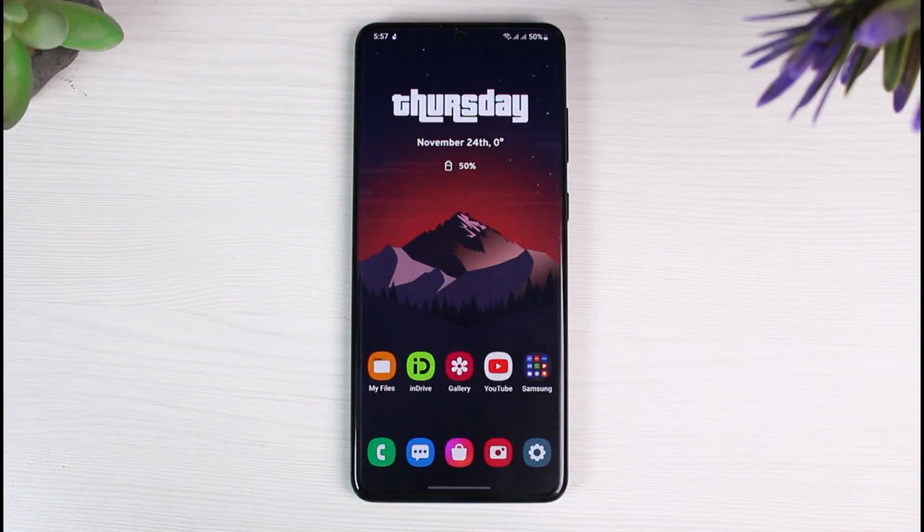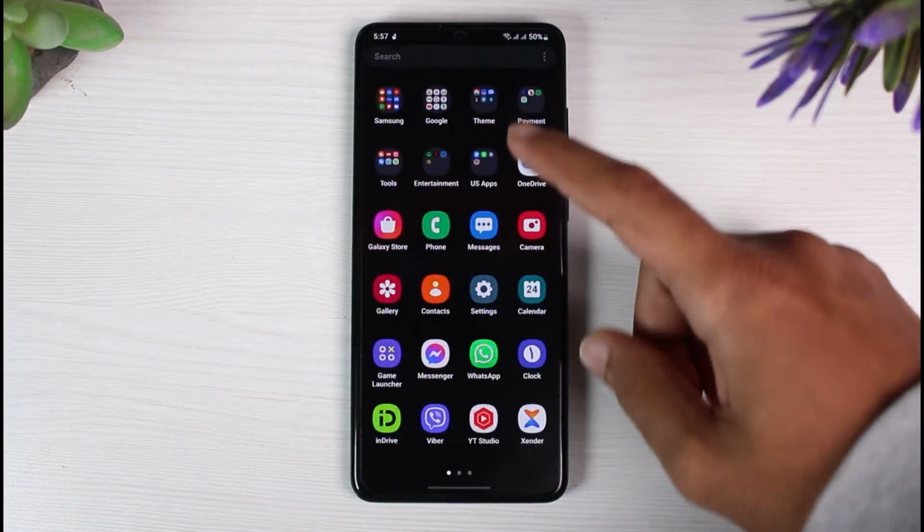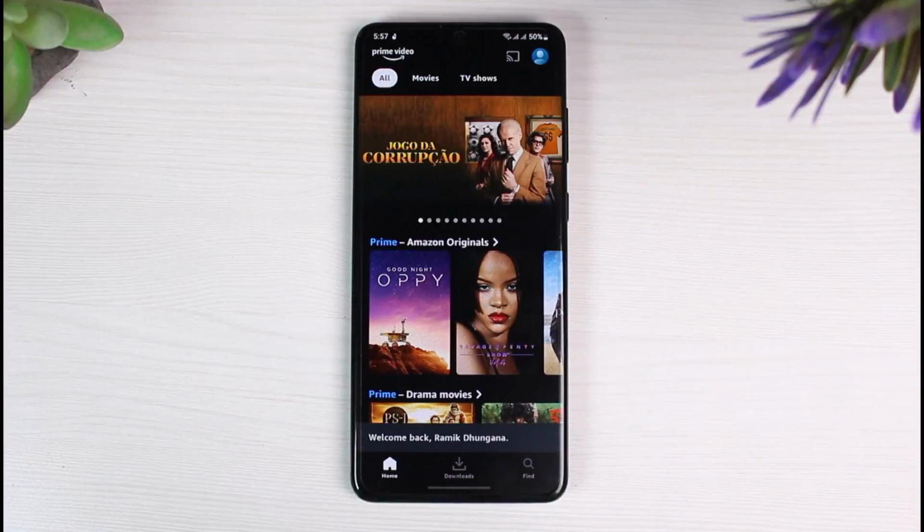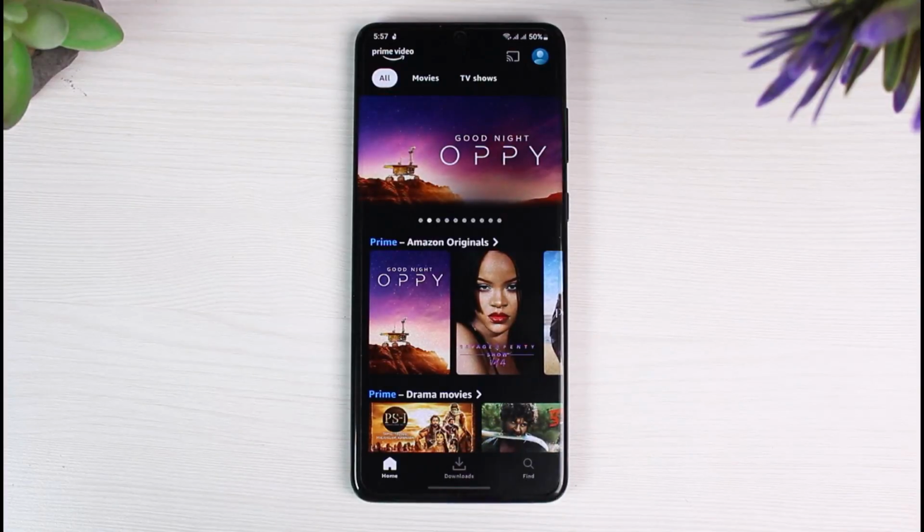In today's video, I'll show you how you can log out of your Amazon Prime account on your mobile device. So the first thing you want to do is simply open your Amazon Prime app. Now once you've opened the app, your interface will look somewhat like this. Now in order to log out of your account, simply tap on your profile icon on the top right corner